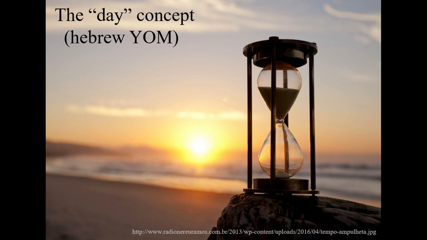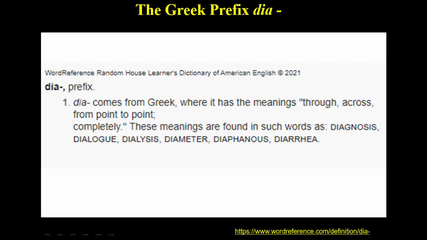Since the word day is related to time, but it's not related to an exclusive length of time, how could we then find a meaning for the word day that more adequately conceptualizes it? The Greek prefix dia, used in words like diaphragm, diagram, dialogue, and diagnosis, seems to meet this need well. But what does the Greek prefix dia mean? It means through, also along with, as this dictionary says, but also separation, parity, correspondence, opposition, etc.